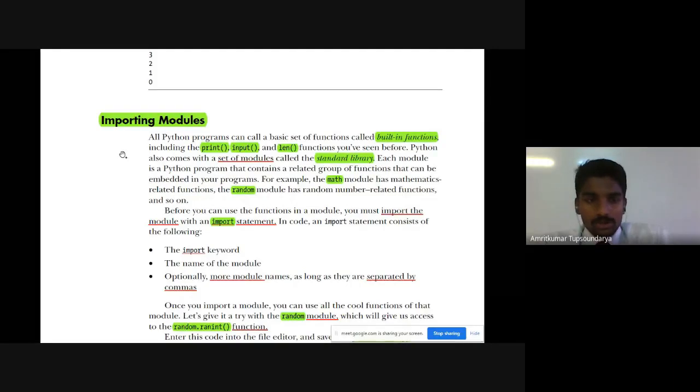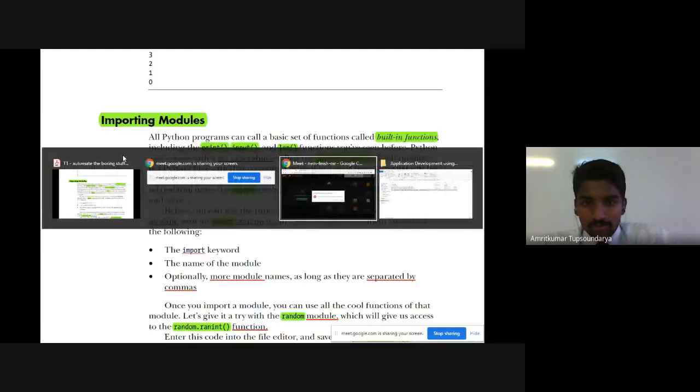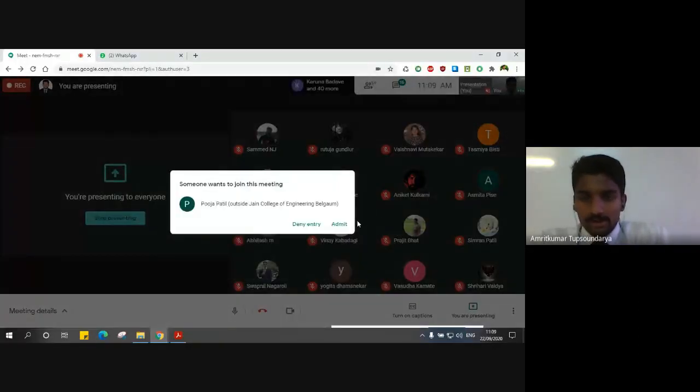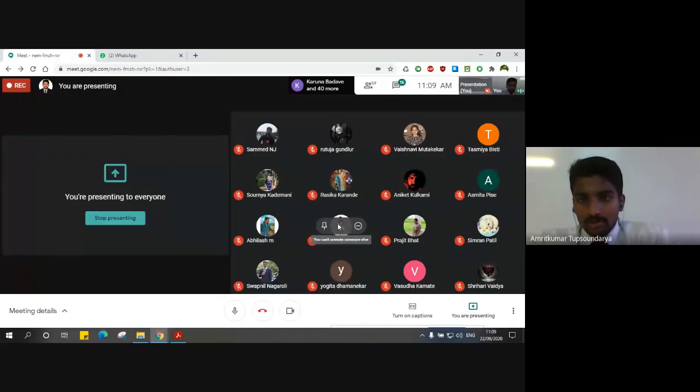So, modules basically, anybody who can give me a rough idea of what a module is, or what do we import when we import something before a program? What does it mean, what is it exactly? Can anybody give me a brief?